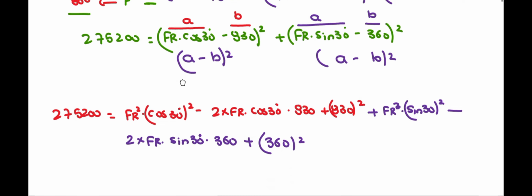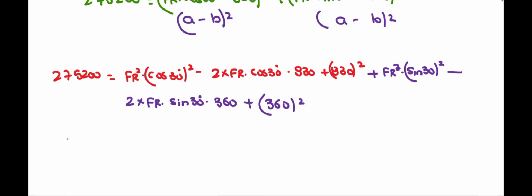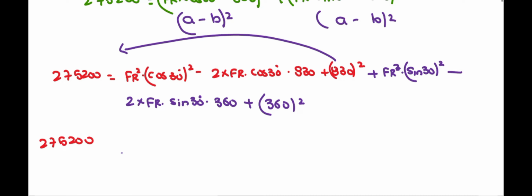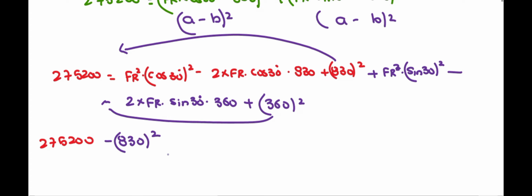Now just solve it. 275200, again shift 830 to the opposite side so that it becomes negative 830 whole square. Again shift plus 360 to the opposite side so that it becomes negative 360 whole square, which is equal